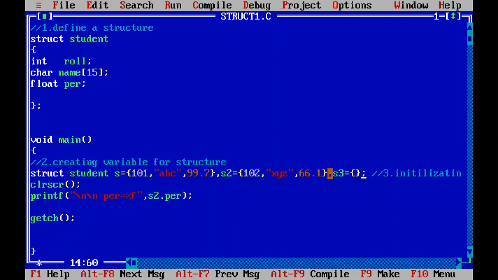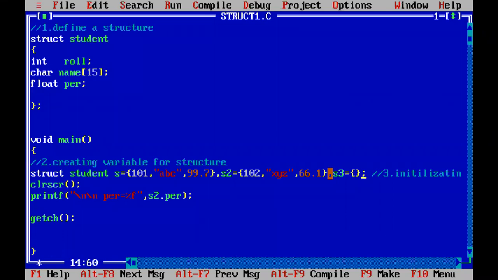So see, in this particular example, what we discussed: first one, defining a structure. First we created one structure, the student structure. Then second one, creating variable. So then we created structure variable S. After creating the structure variable S, what will happen? Under S, the roll number, name and percentage will be occupied with some memory.